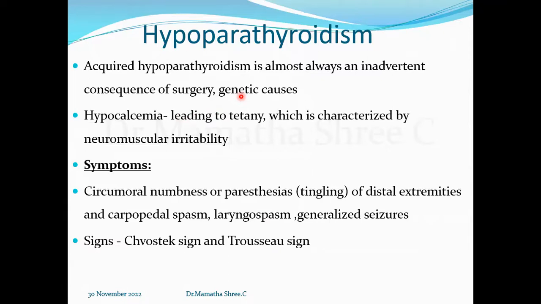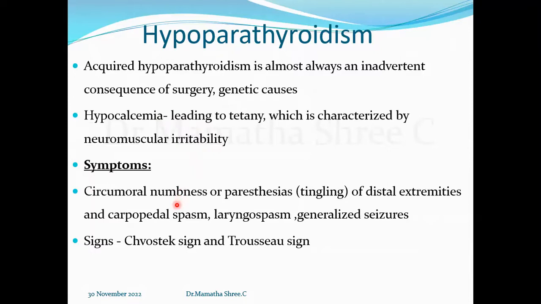So the main feature here is that the parathyroid hormone is less secreted. When parathyroid hormone is less secreted, there is low calcium in the blood, which is called hypocalcemia. That leads to multiple symptoms and signs, one of which is mainly tetany, which is neuromuscular irritability. Here you see that the nerves and muscles are in a highly irritable state. So what happens is that there will be circumoral numbness or paresthesias of distal extremities, and there can be